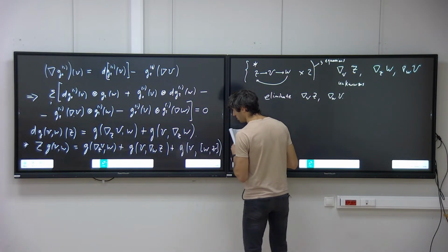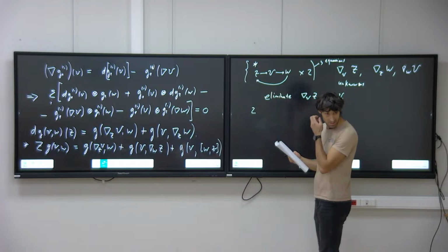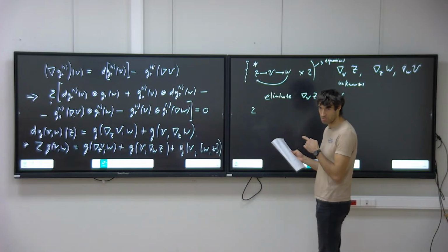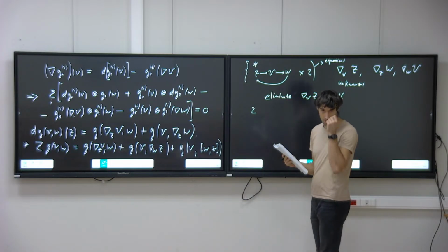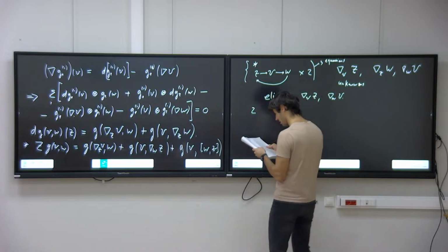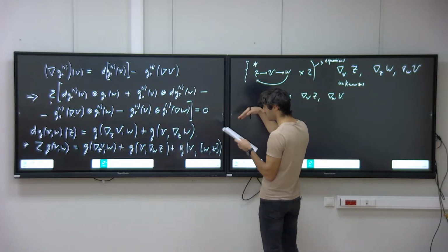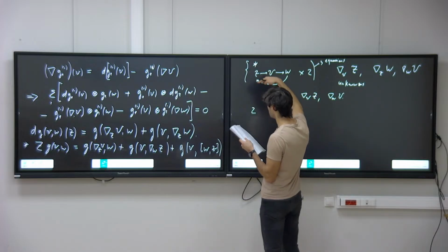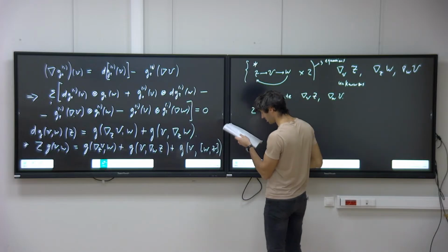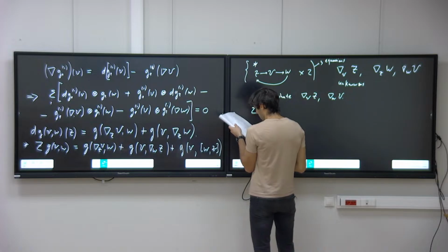Well, you can believe me, or you can just do it in your head. After I give you an example, it will be clear that it should be like that, or at least what linear combination of these three equations you need to consider. So we'll have the following